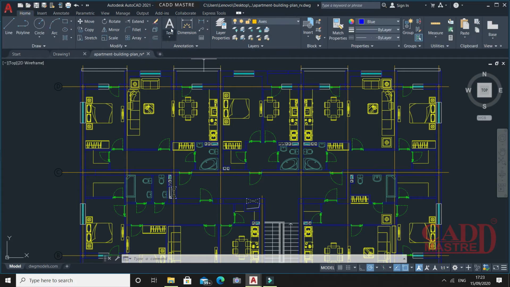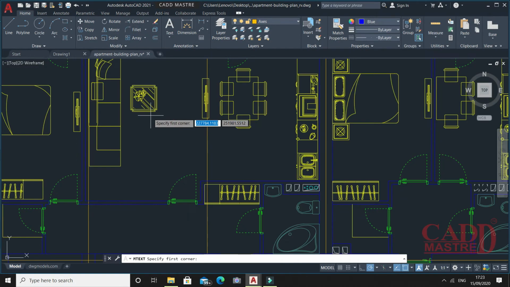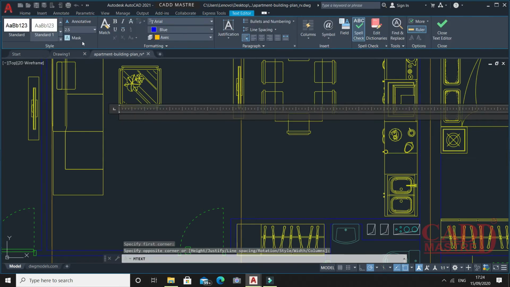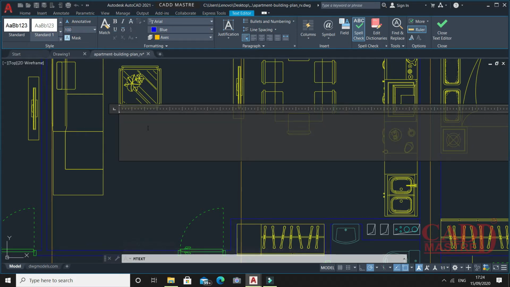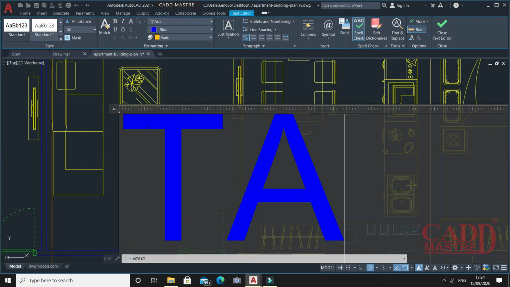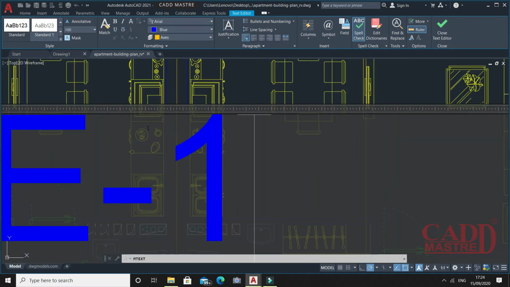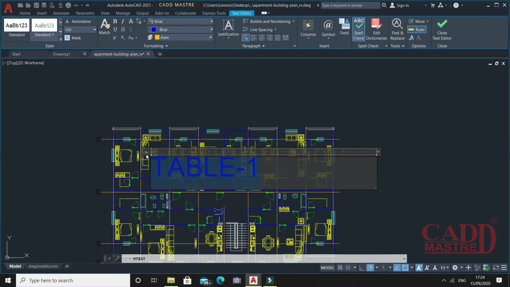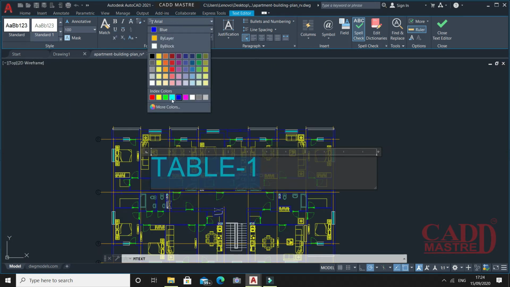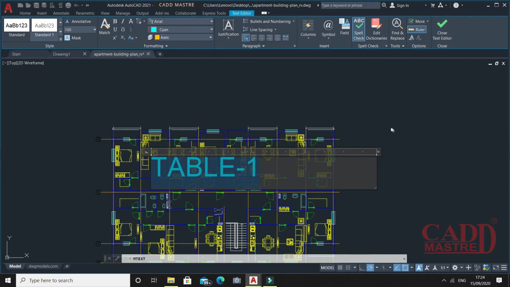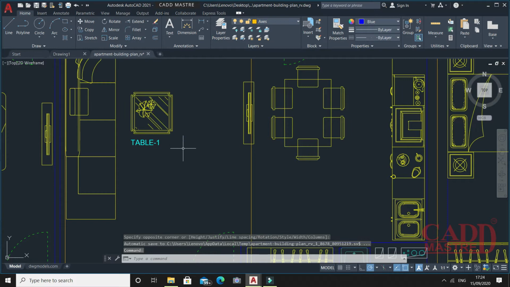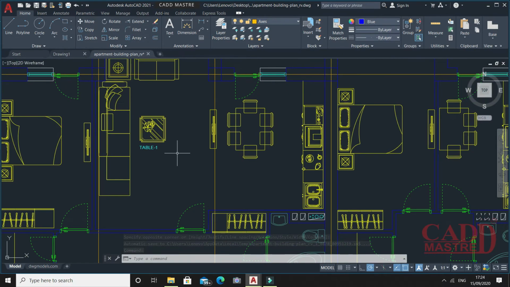So I'll use text, and just below this furniture, called table 1. I changed the color to cyan. So this will be my first text which I add in my current drawing.